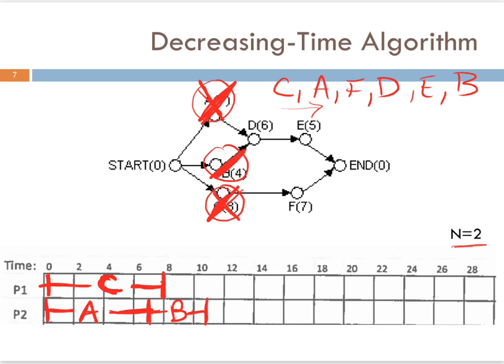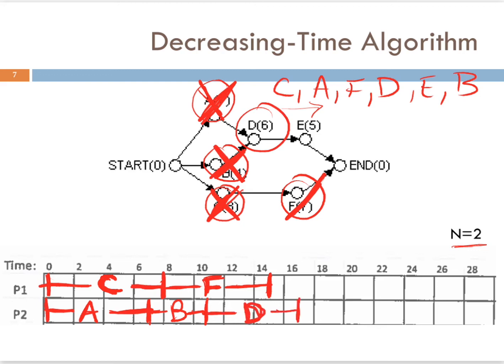And then we finish C, so we can circle F. We start working on F. All right, let's move F along. And we finish B. Now that A and B are finished, we can circle D. We can start working on D. So if we work on D right here, we move along and we actually finish we worked on D, we